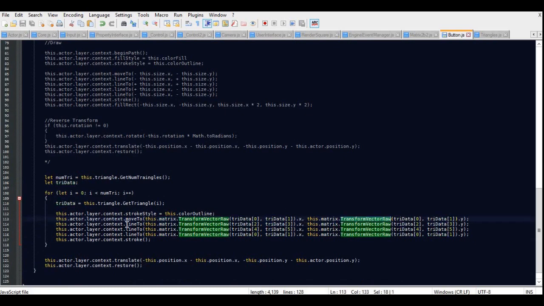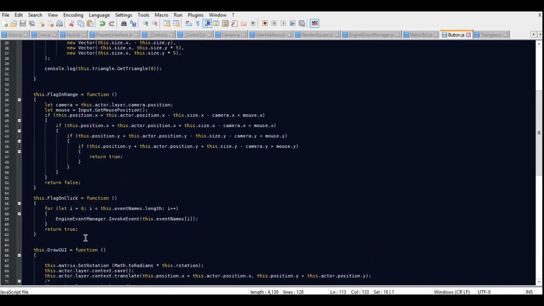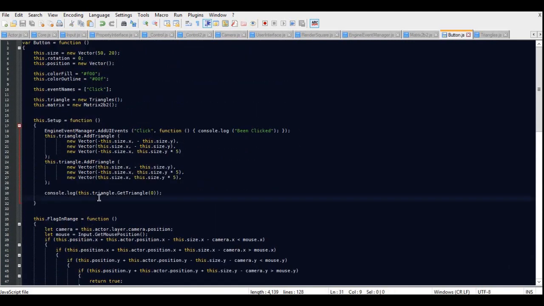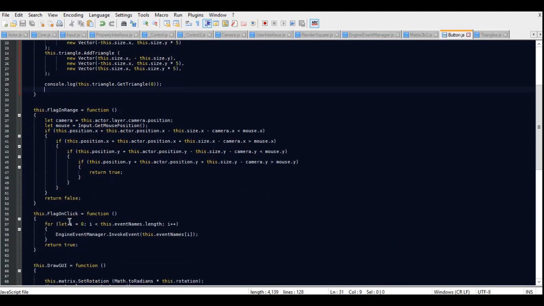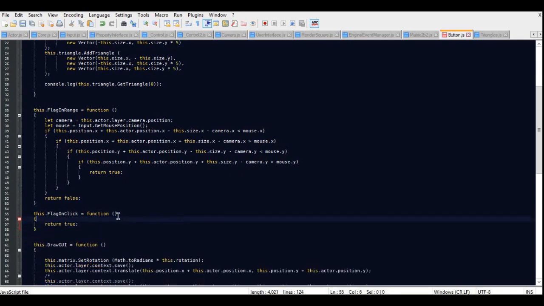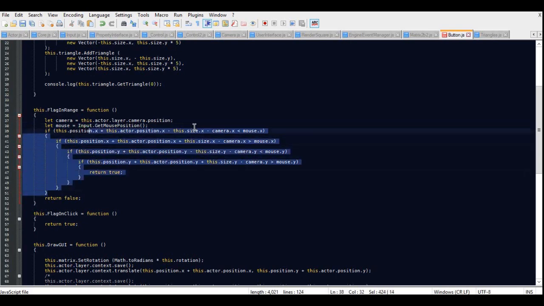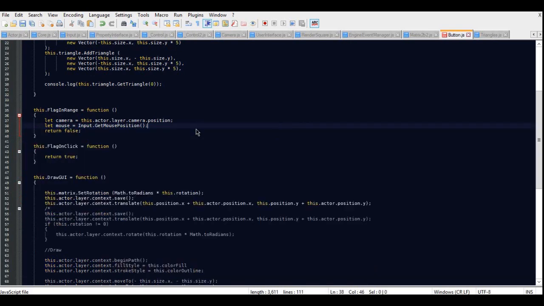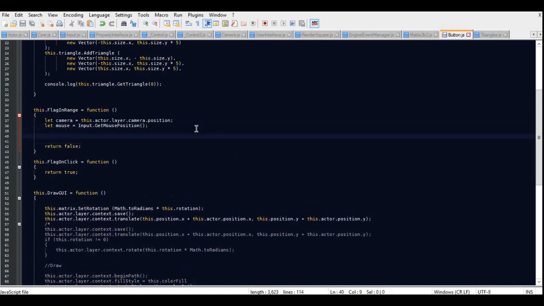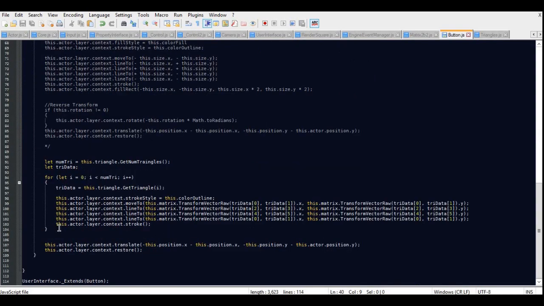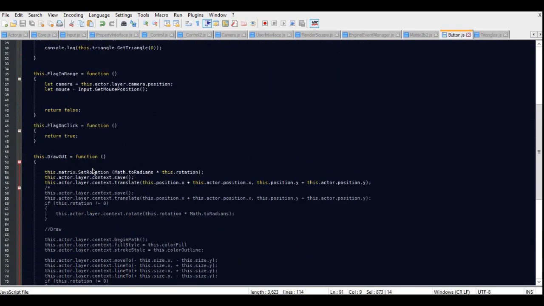And it's just always return true on there anyway, so now we're going to use the triangles instead, which means we could use this information